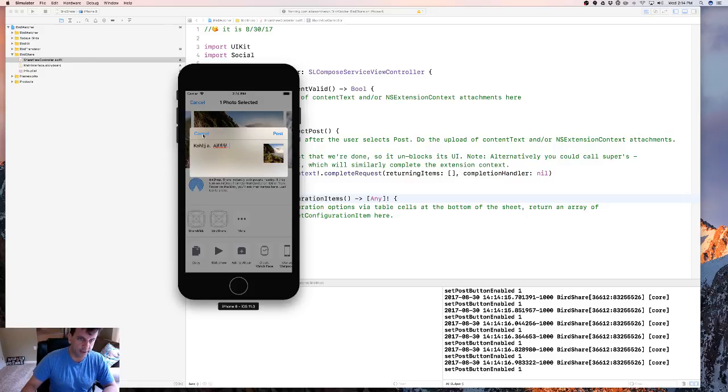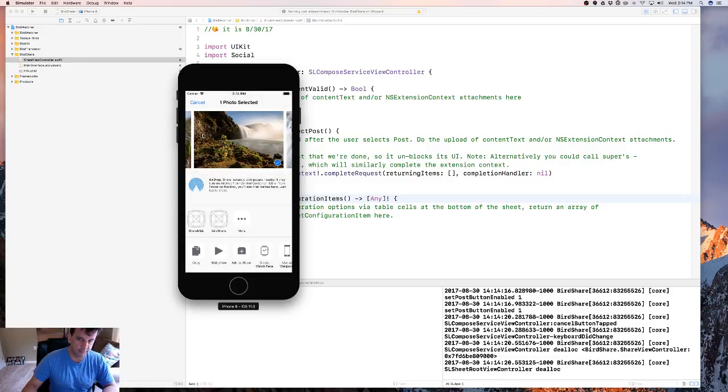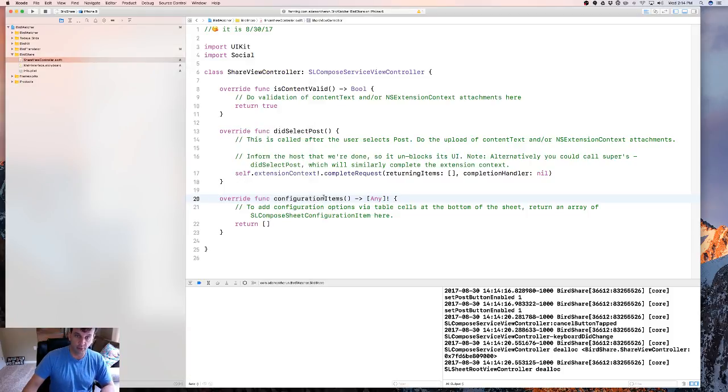If you click cancel, it's going to cancel out of it for you. And if you click post, that's when didSelectPost will get called. So a couple things I can quickly show you. If we return false here,